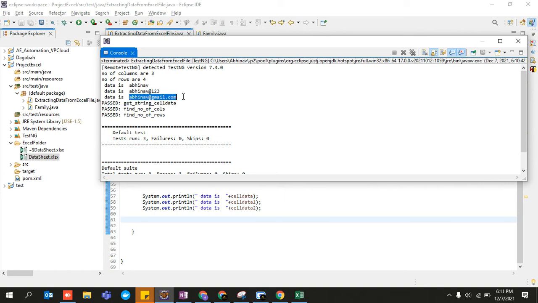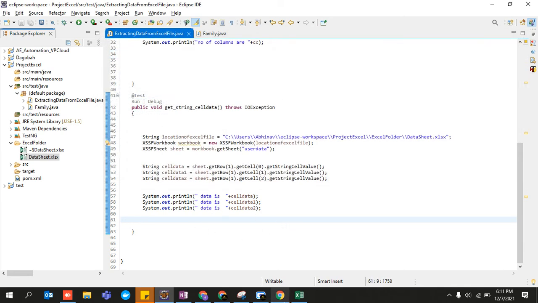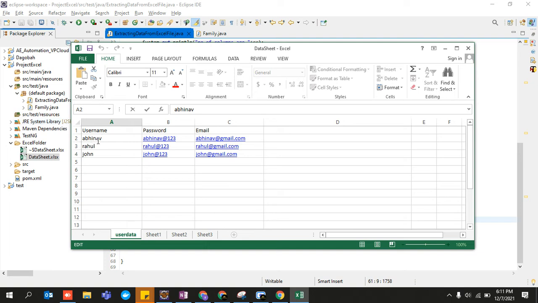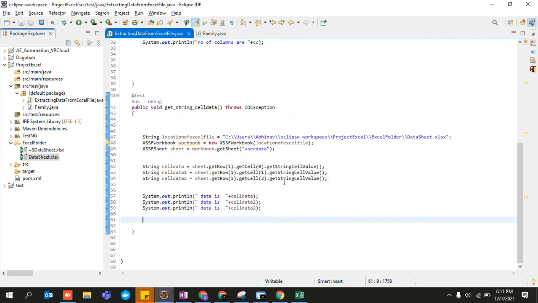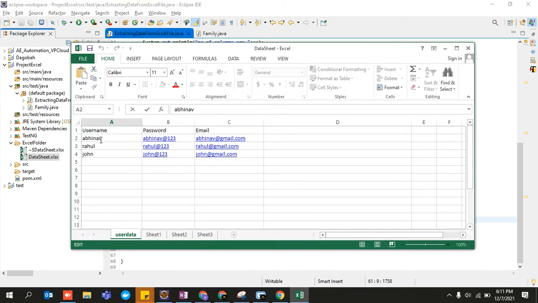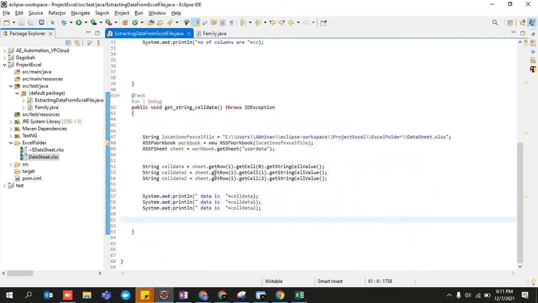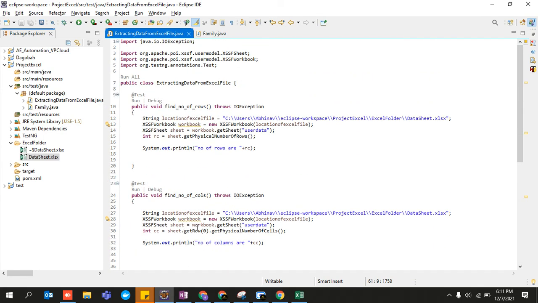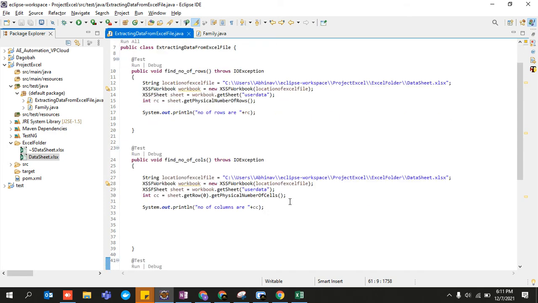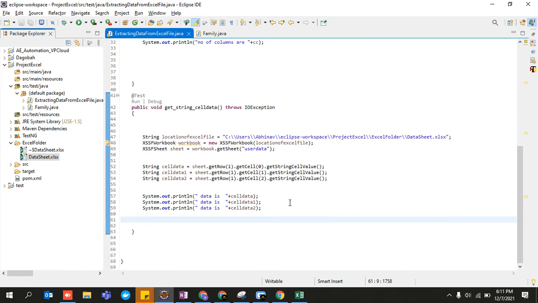Okay, so in this way guys, I have completed this particular lecture, in which I have shown you how to read the data from an Excel sheet. So in this way you can read any data which is of type string by making use of this function, get string cell value. If they had all been numeric ones, then you would have written sheet dot get row dot get cell dot get numeric cell value, and it would have returned the data in numeric form. So that is it. So this was all about this particular lecture guys, but it is looking a little bit weird because everything is hard coded. So we need to generalize this particular thing.